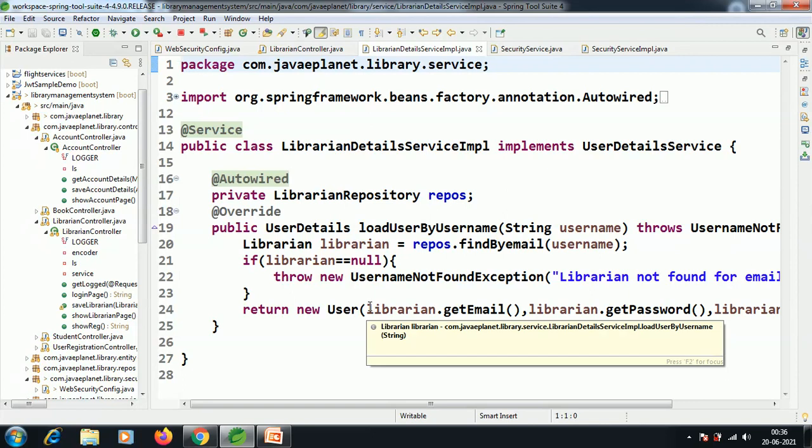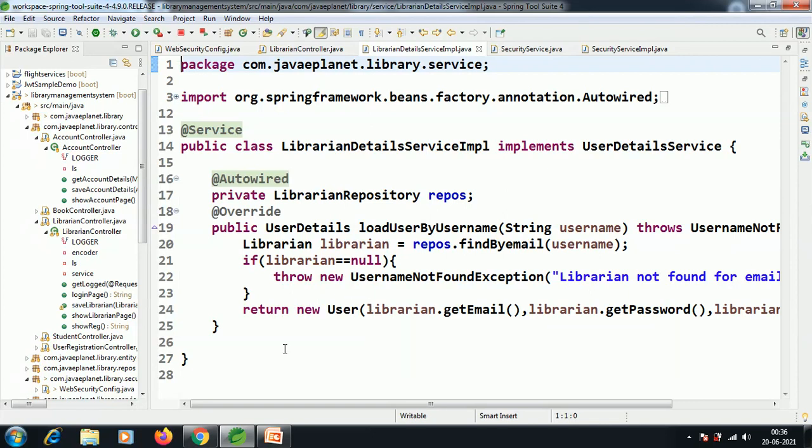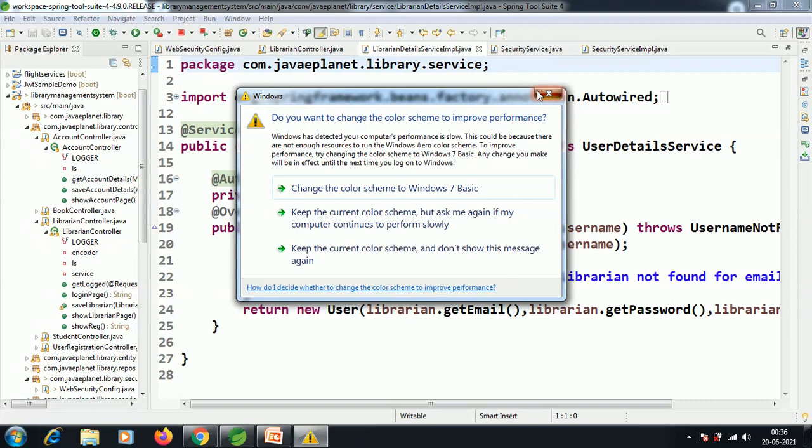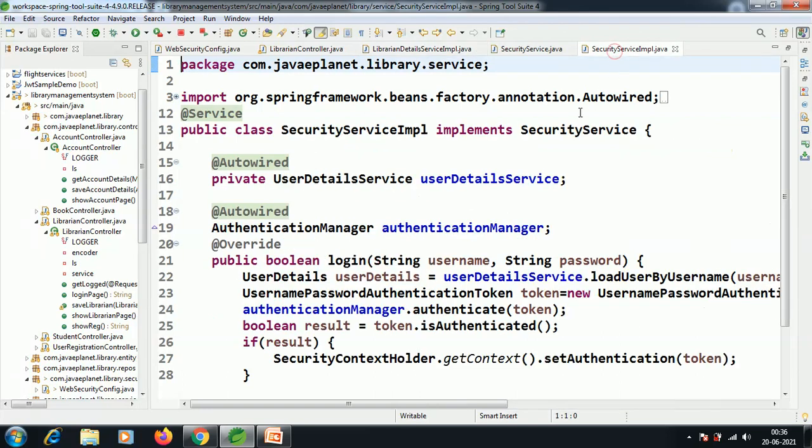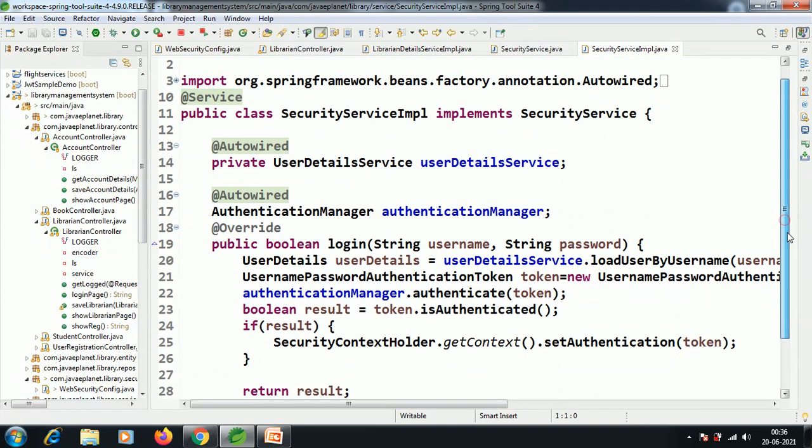When the user details have been loaded, a user object is created, and it validates the password that comes from the database against the password we entered on the login page. How is it validating? In the security service implementation, see here, I have injected the UserDetailsService into the security service implementation.